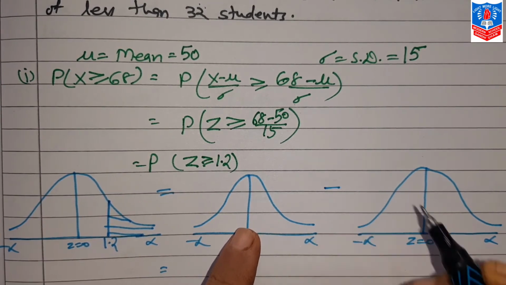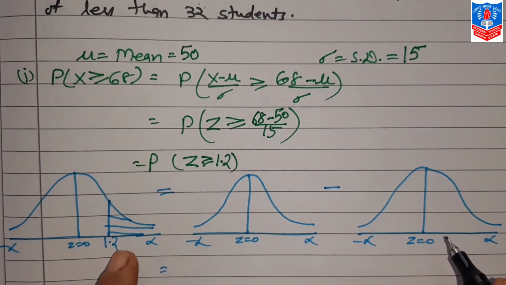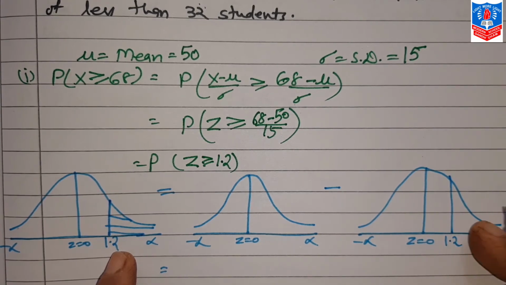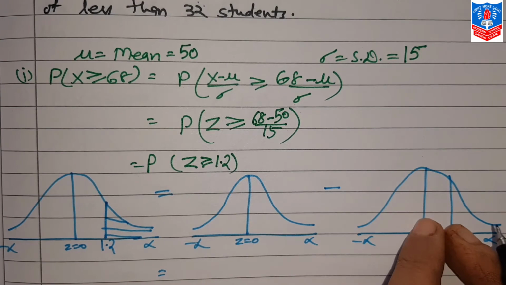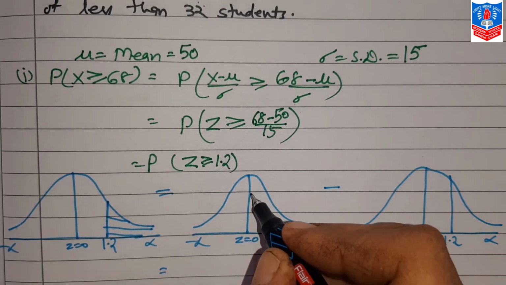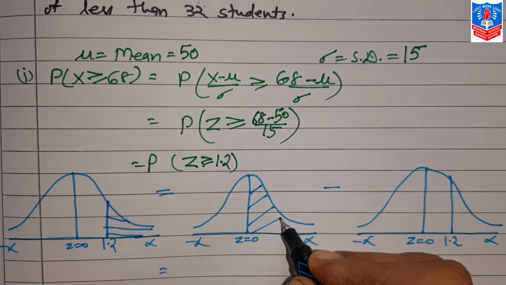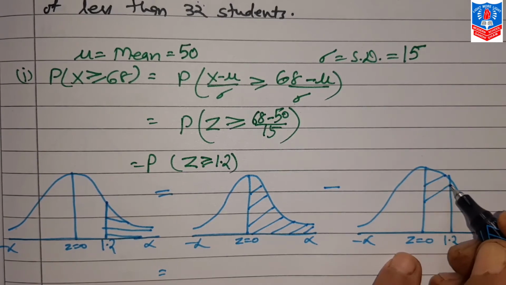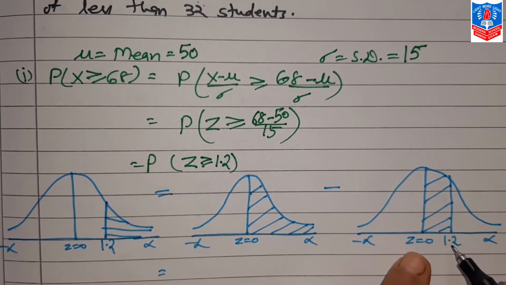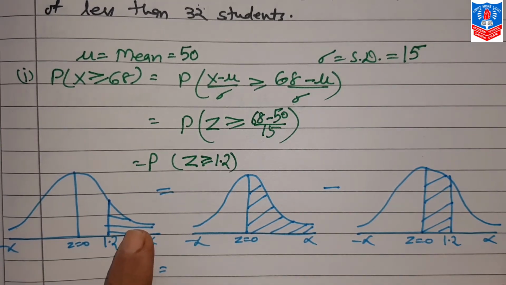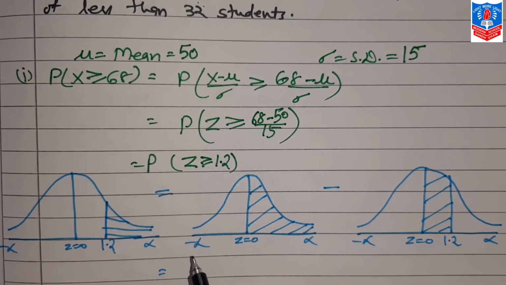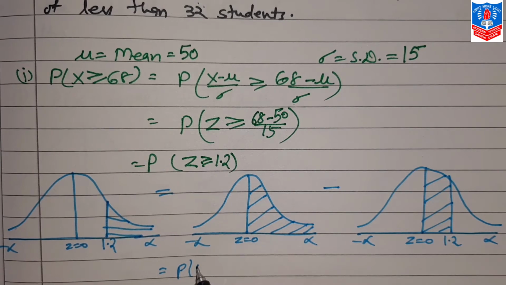From this, if we subtract the area from 0 to 1.2, we find what? This area. From this full area, if we subtract this, we get the rest of the area. So here, this is your full area, that is from 0 to infinite. From that, when you subtract this, that is from 0 to 1.2, we get the rest of the area which we want. So here, what we do is the probability of 0 less than or equal to Z less than